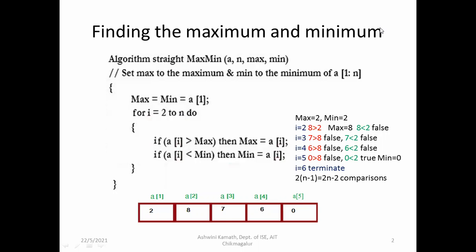So here there are 2n minus 2 comparisons. I can say that it is linear. Ignore all the constants here, so we'll be left with n minus 1. Again, ignore this minus 1 also, so we'll be left with n. If we are left with n, we can directly say that it is linear. So when we have n elements, we have to check n minus 1 times. So it is linear.